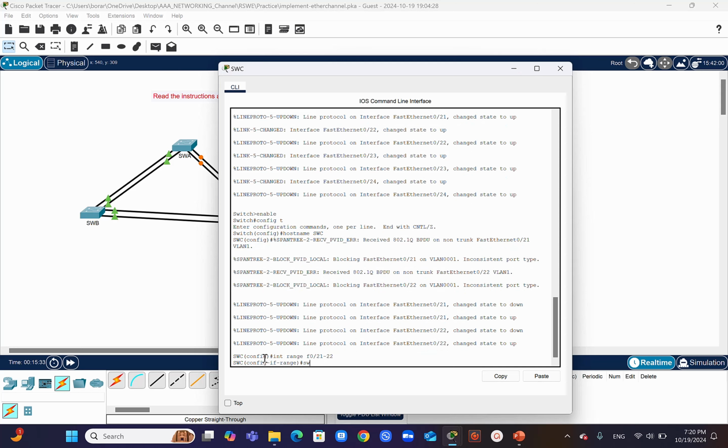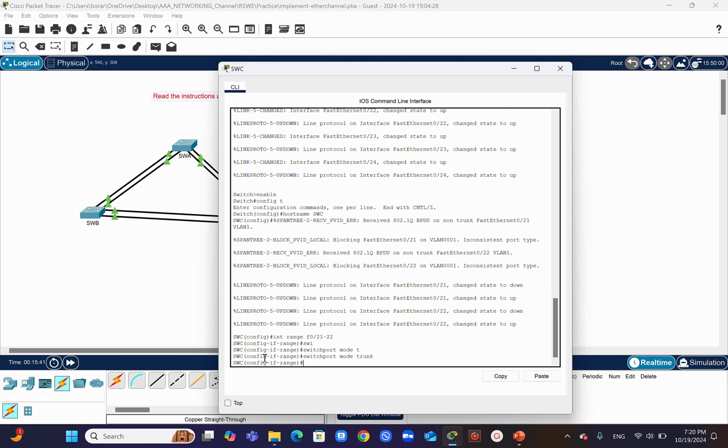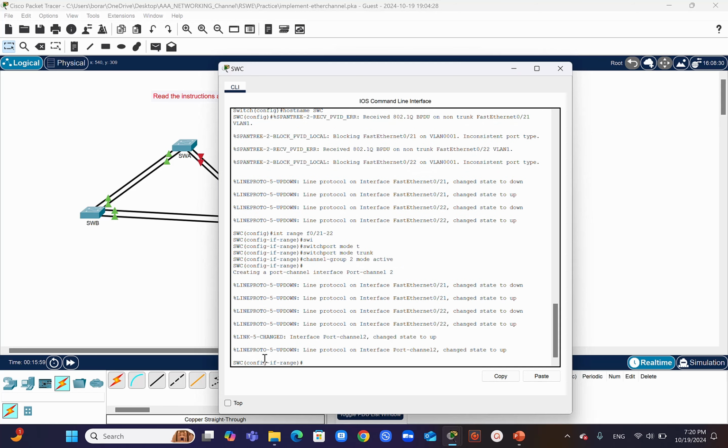They will be switchport mode trunk, and they will be channel group 2 mode active. Okay, now we created the port channel number 2, the EtherChannel link between switch A and switch C, and